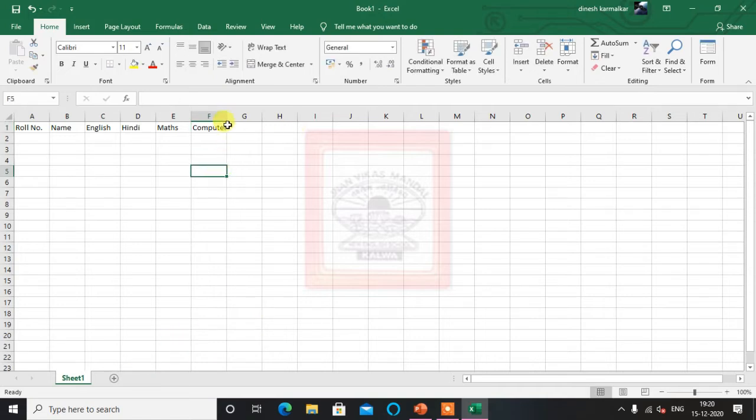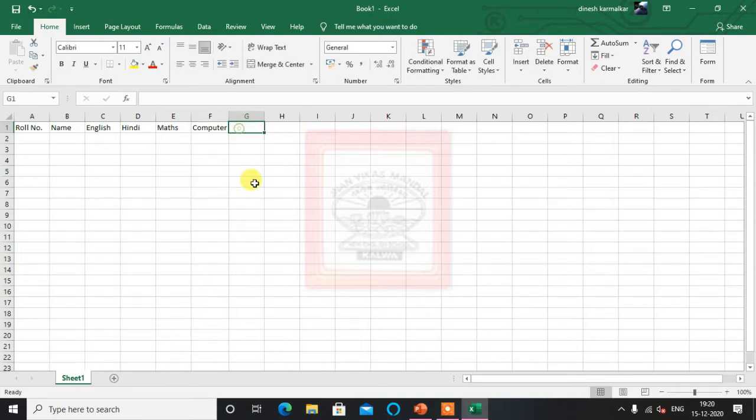I'm taking Computer also, and one more subject we will take. We will take a Marathi subject, and then we will find out the total.